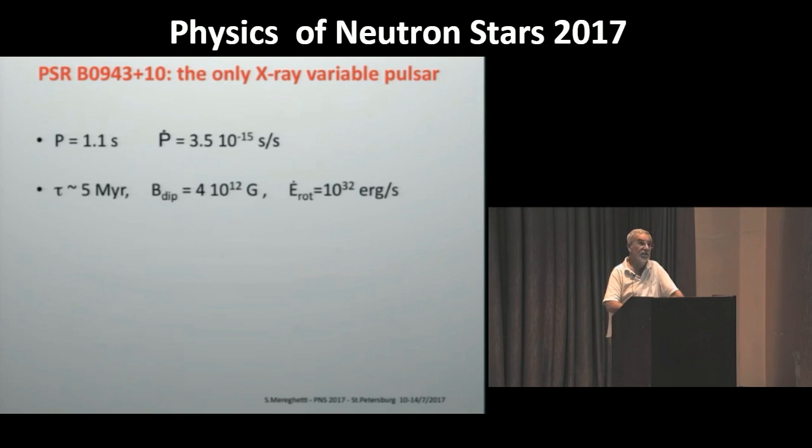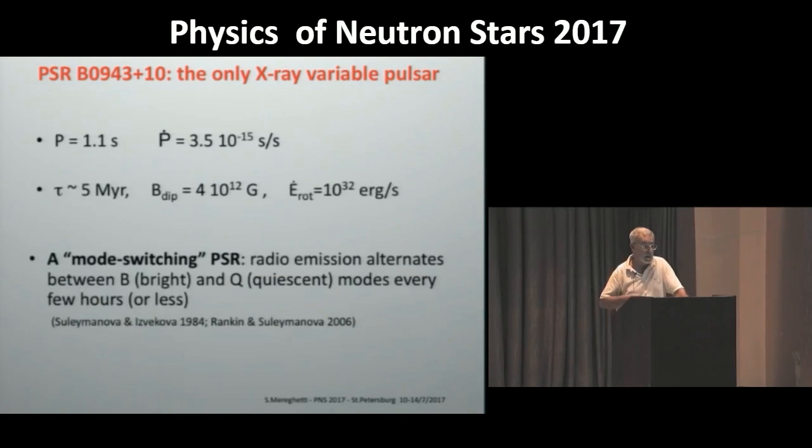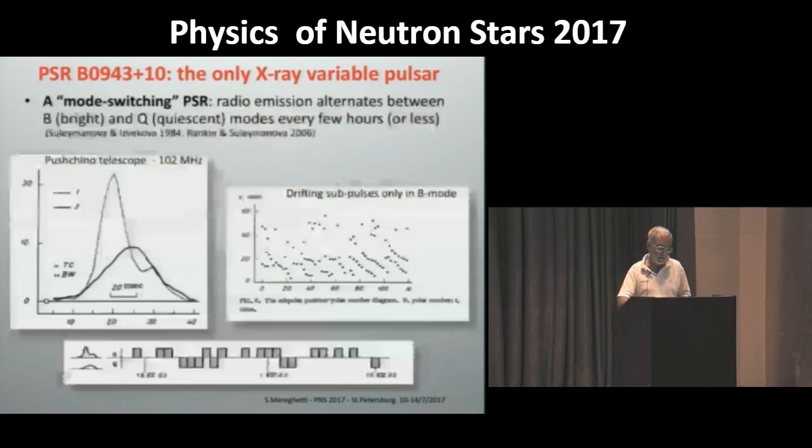What makes this object very interesting is that it is one of the so-called mode switching pulsars. It alternates between two states, a so-called bright and the so-called quiescent state. This is the paper reporting the Pushkino telescope radio observation in which this bimodal behavior was discovered. You see, these are the average pulse profiles. In the bright mode, it is brighter in radio. It is fainter in the so-called Q mode, and during the